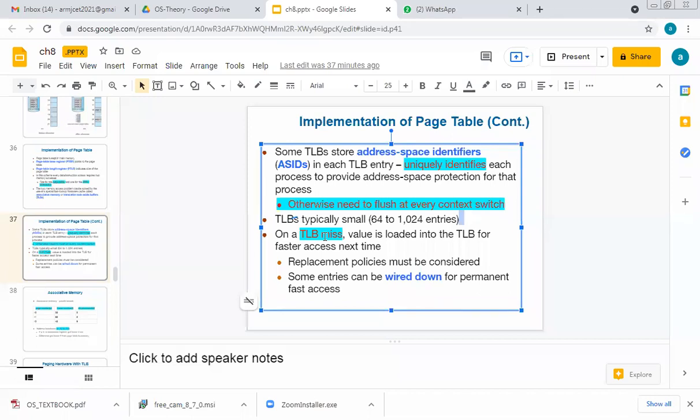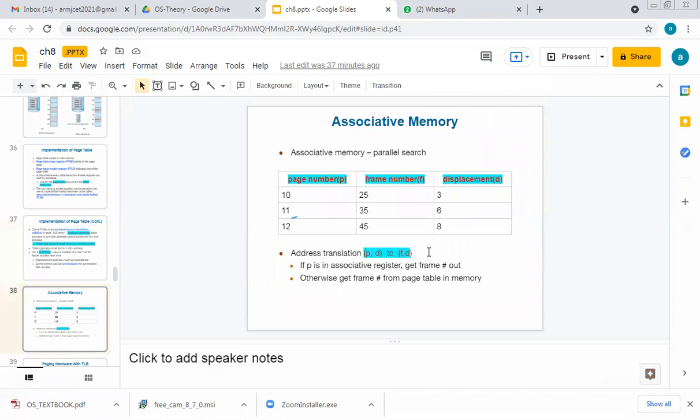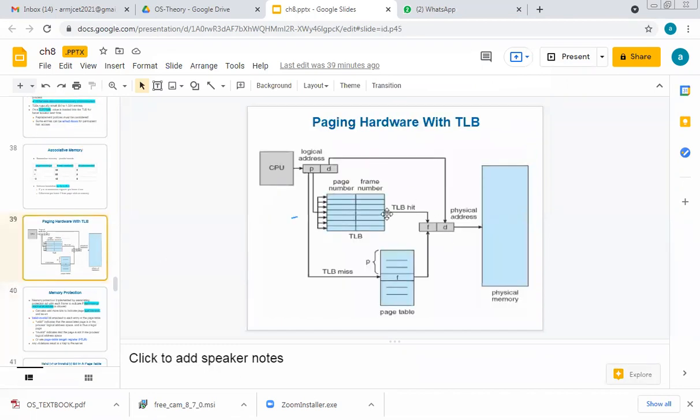After 30 minutes, suddenly you remember that diagram. So what happens at that time? Cache hit, your memory is able to recall the diagram. So that is called cache hit or cache miss. In the same way, what happens if a table is missing a number? For that we have one solution here. Okay, so I will show that diagram first, then I will come back to this one, associative memory.